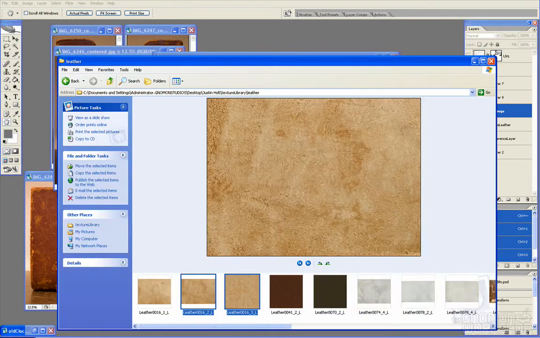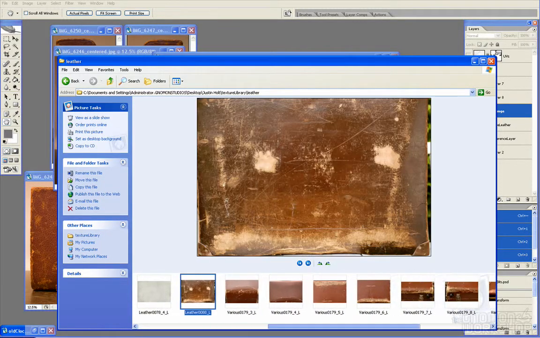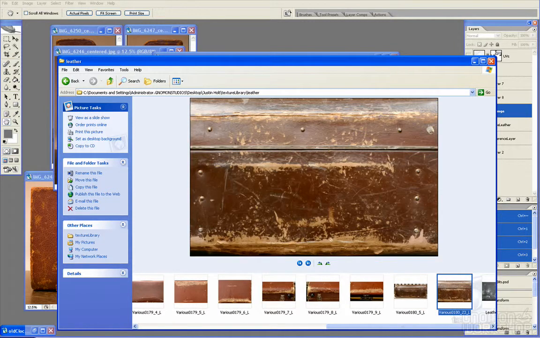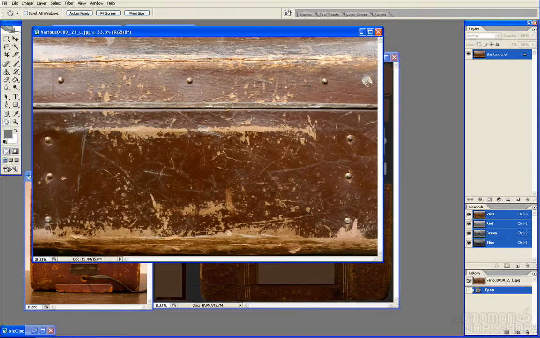So I'm going to go back to my reference, and I found this really cool suitcase. It had some really interesting chipping details. And I'm just going to grab this guy here,